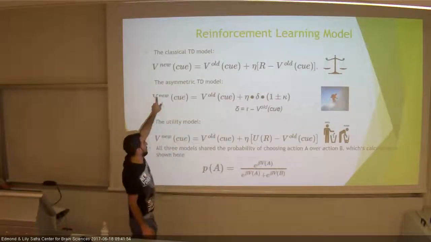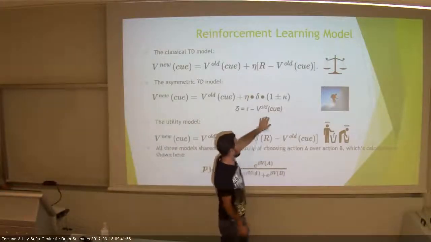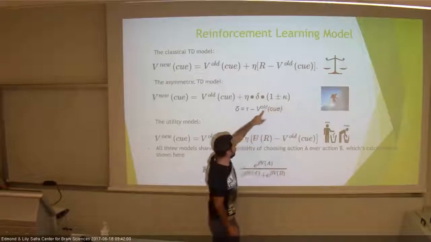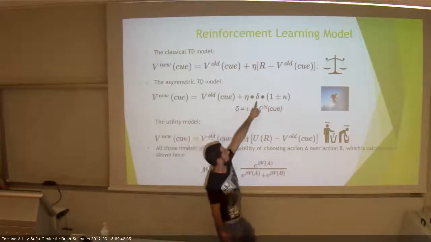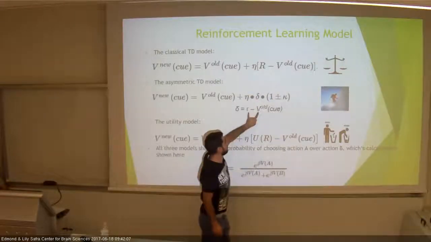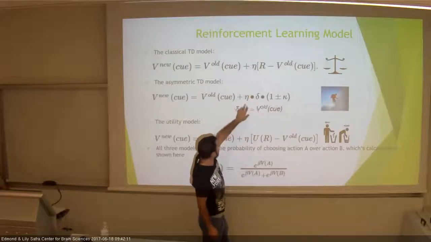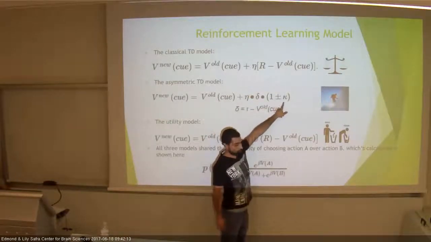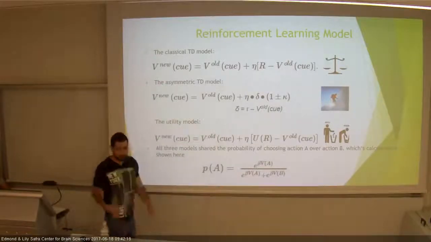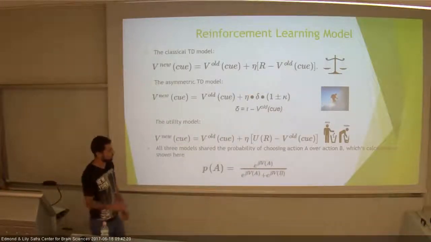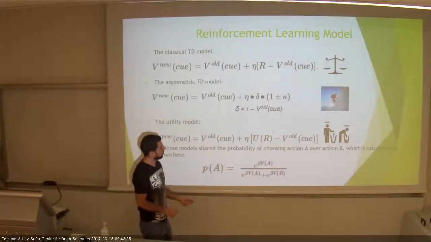As opposed to the asymmetric model, which is the same thing with the same parameters, but one more parameter, kappa. Same thing over here: delta is the difference between the reward and the old prediction of the Q. And now we have a 1 plus or minus kappa. So, for people that learn asymmetrically, that learn more from positive than from negative, or more from negative than from positive,